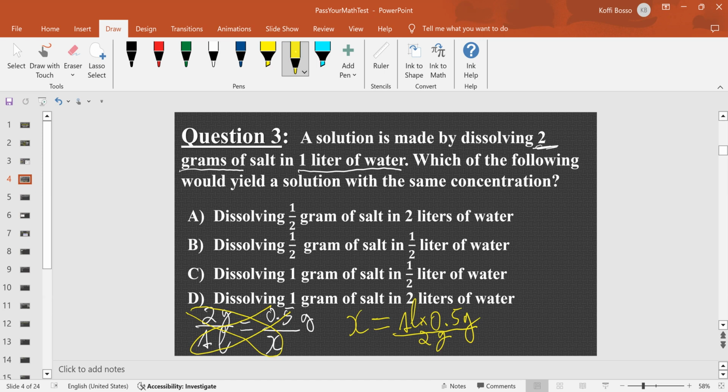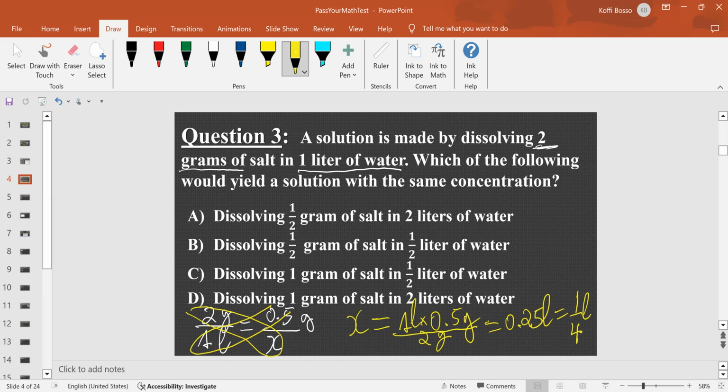Okay, so if you do this calculation, you will get 0.25 liter, which is same as 1/4. So quarter